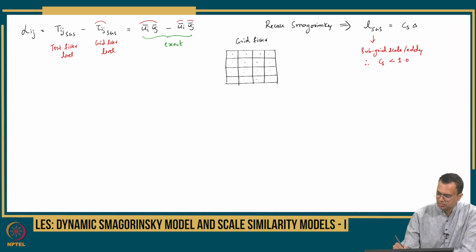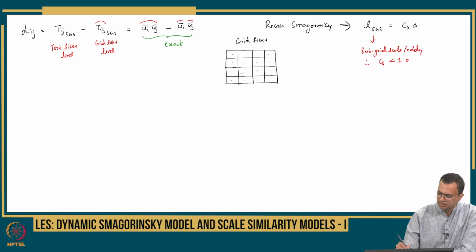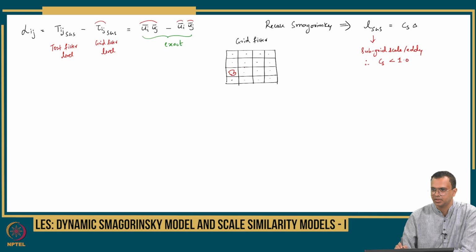You are computing data on these cells where mesh size is same as filter size. So I have access to this. So let's say here there is a subgrid scale eddy, and the contribution of this subgrid scale eddy is what you want to compute in LES using dynamic Smagorinsky model, and I don't know that,